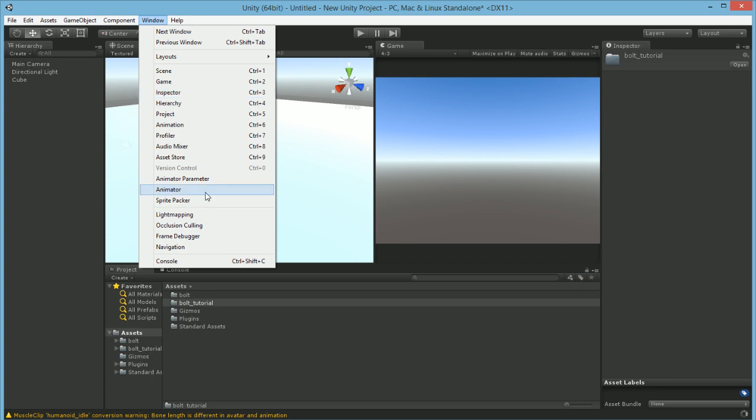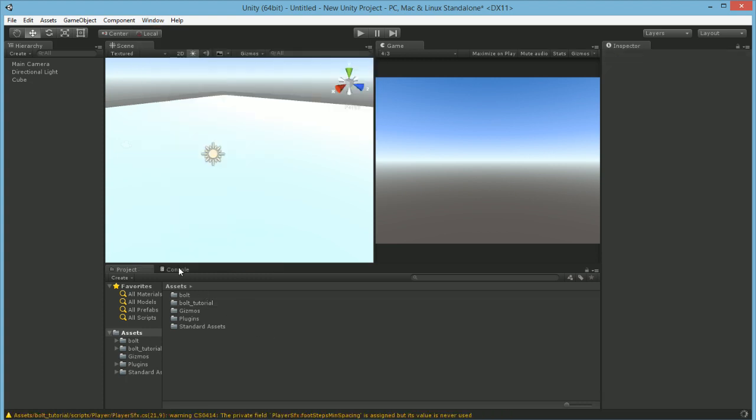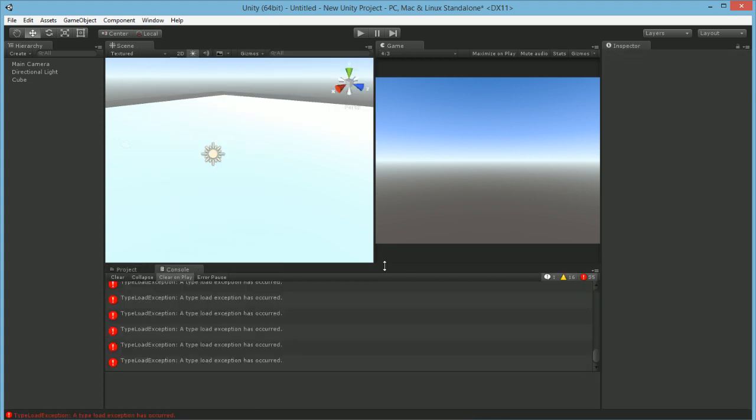Okay, that's going to be a problem. Bolt not appearing here means that we can't actually access settings and whatnot. So